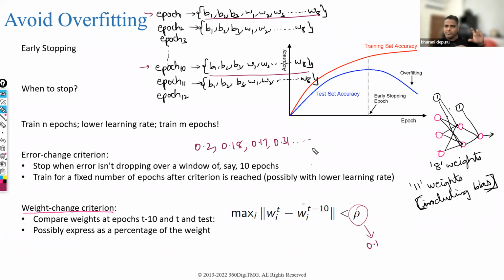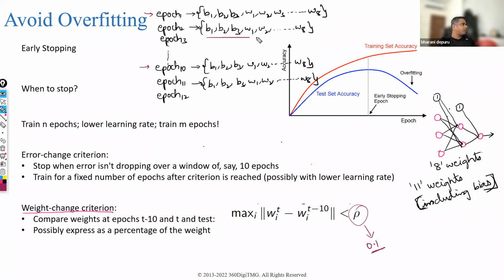In that way, when you keep subtracting the corresponding weights, you'll get different differences. Out of all these, you pick the maximum value. Say the maximum value is 0.31. Only if this maximum value is less than your condition, you stop training. That means weights are not getting updated significantly. Why do you want to even continue? Right? So say on similar lines,